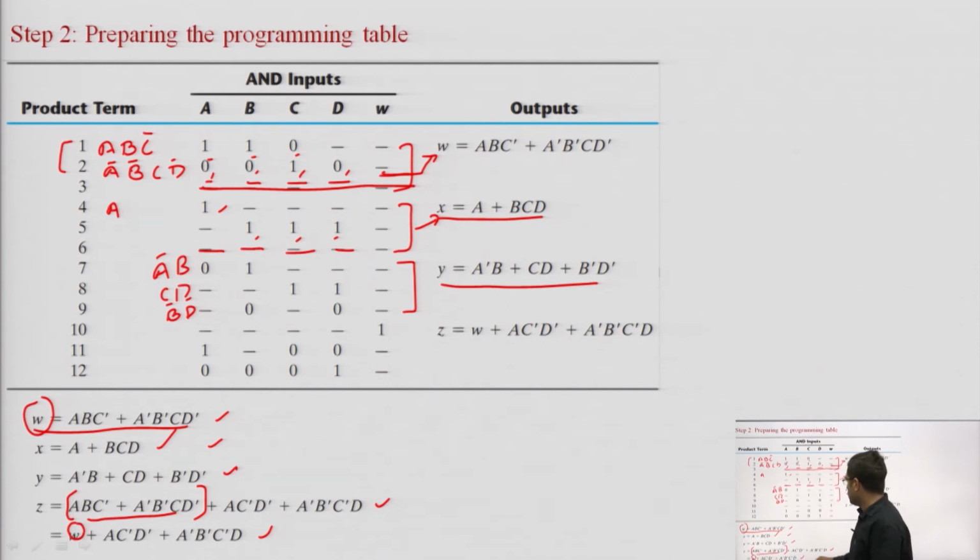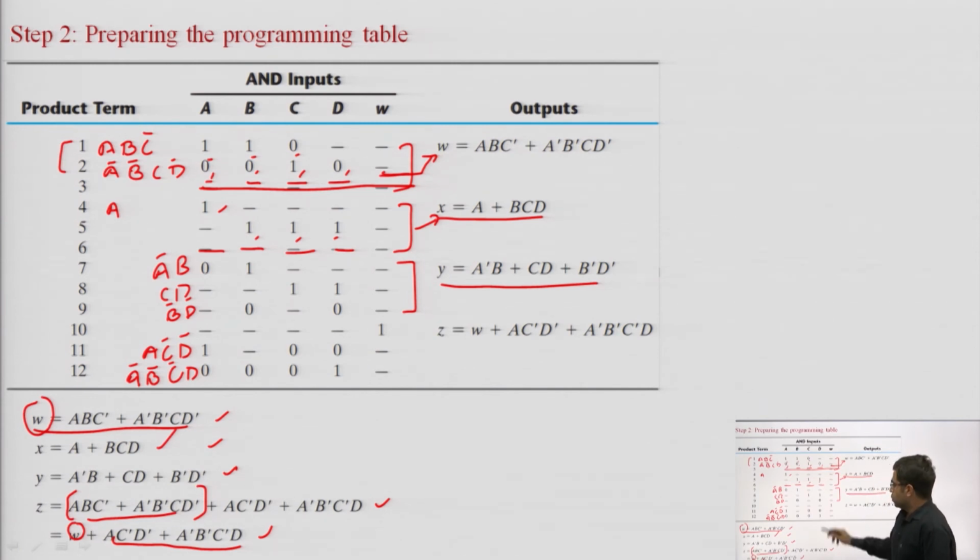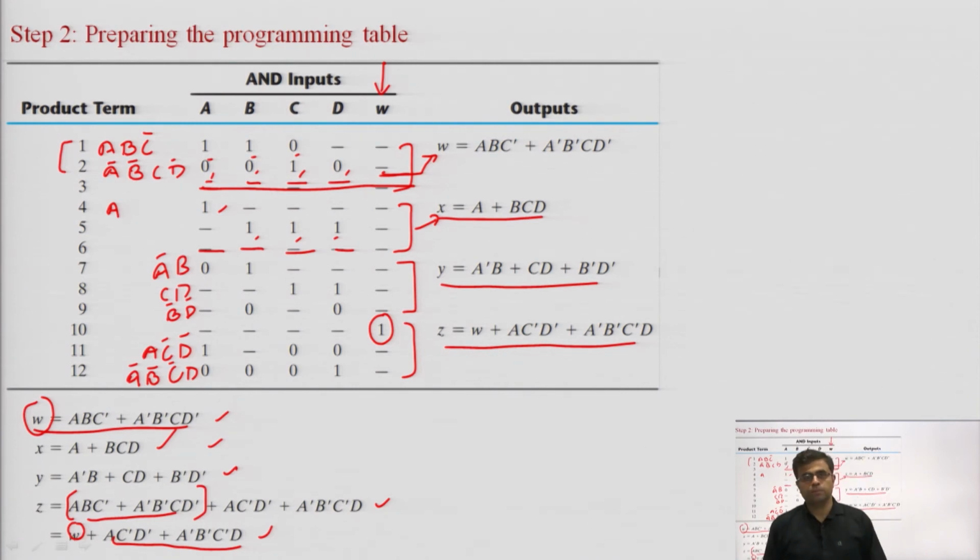So that's why you can see that these 2 terms I will realize: A C bar D bar. This is A, C bar and D bar, and then the last one is A bar B bar C bar D. So these are the 2 products which have been realized, and the third, W, is picked from here. So far this W was not used anywhere, but now this W is also used here. So now these 3 things are the input to the OR structure.